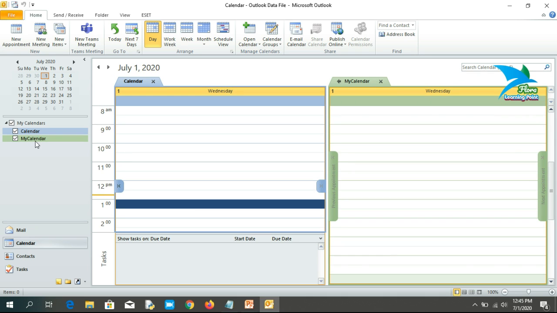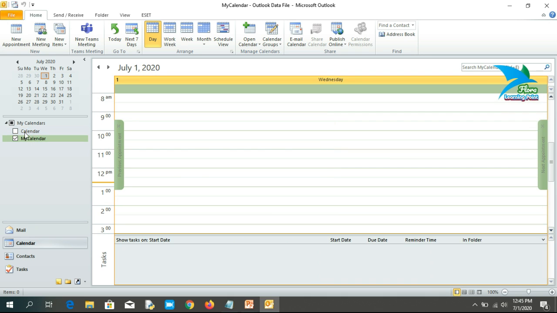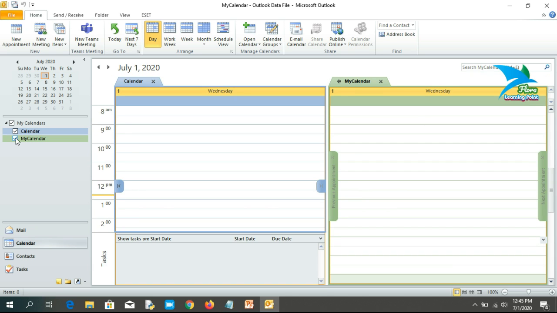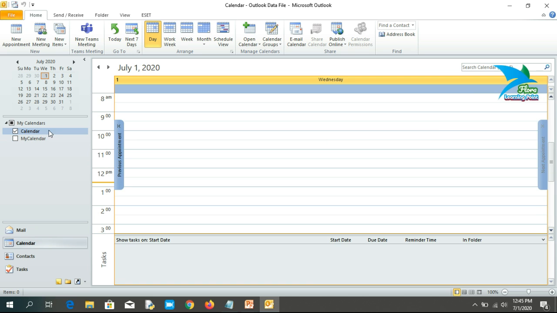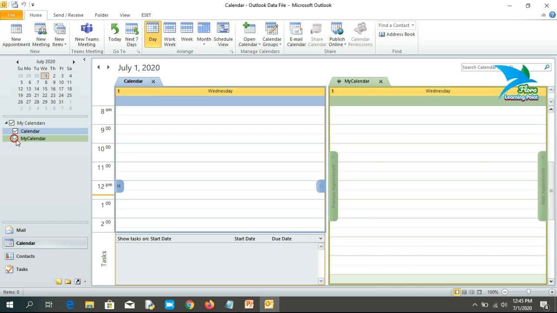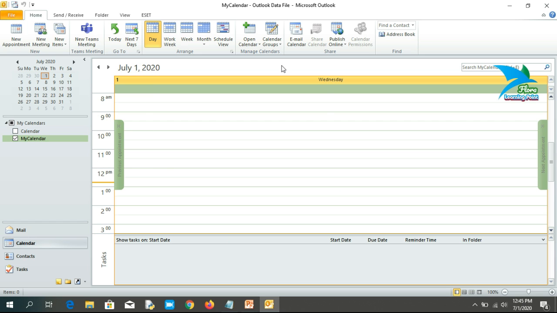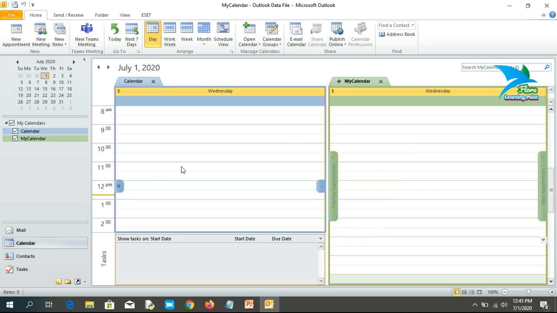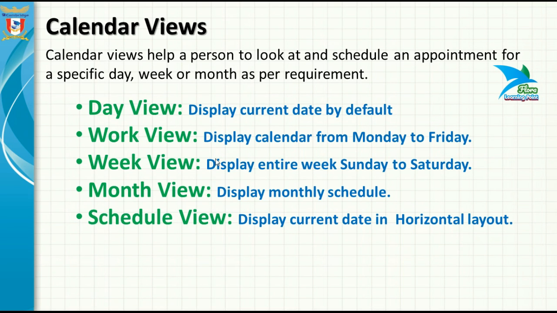So if you want to choose that one, you can click this one. When you select the default calendar, here we have two check boxes. This one is the default system calendar, and here we can see the system calendar. If you uncheck this option and select this, this calendar will be visible in a different color from the system calendar, and you can also show both of the calendars simultaneously.